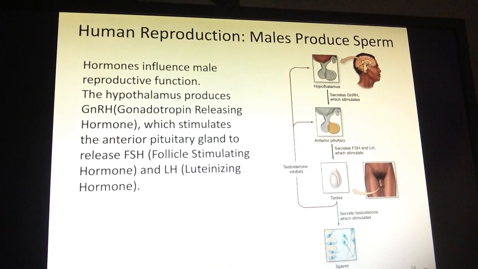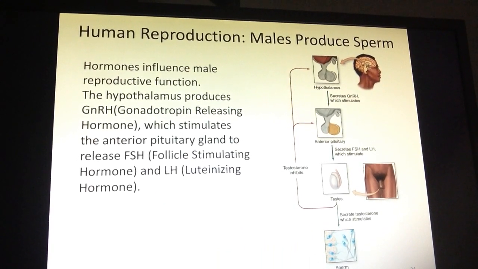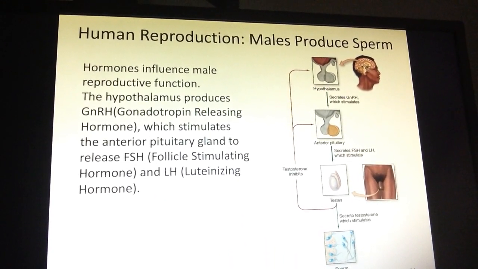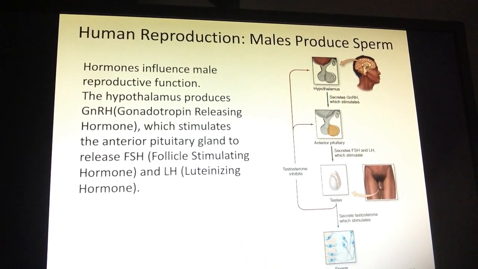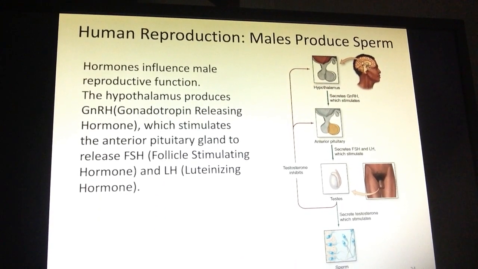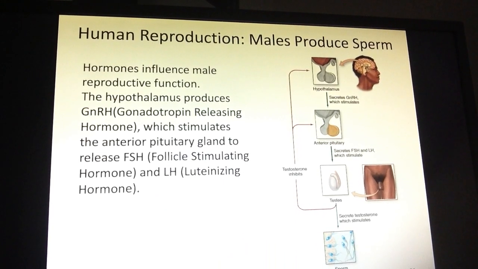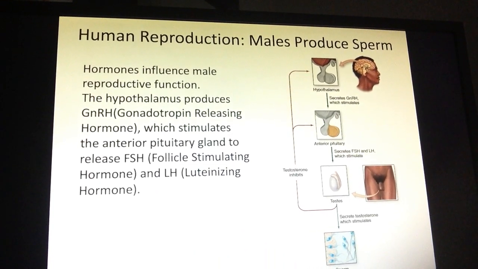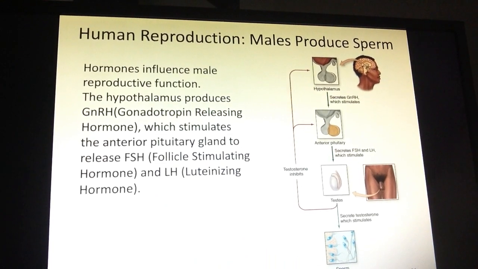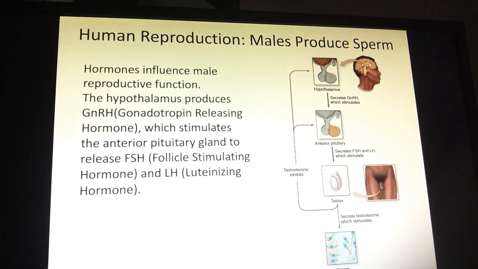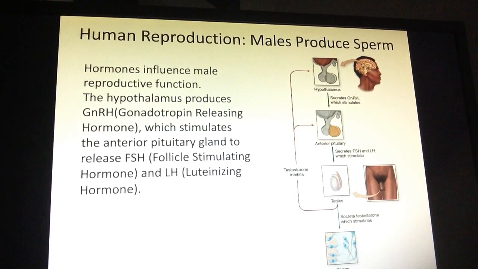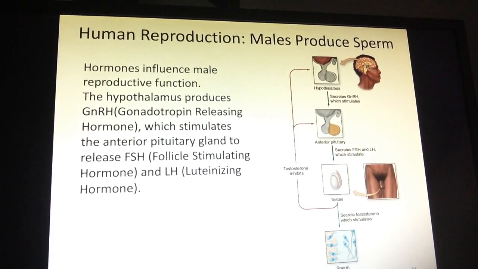The hormones that are involved in the male reproductive hormonal cycle are also the same ones that are produced in the female body. So it all starts in the brain, with a structure called the hypothalamus, and it sends a hormone called GnRH to the pituitary gland, which, upon stimulation from the hypothalamus by GnRH, secretes two hormones, FSH, follicle stimulating hormone, and LH, luteinizing hormone,